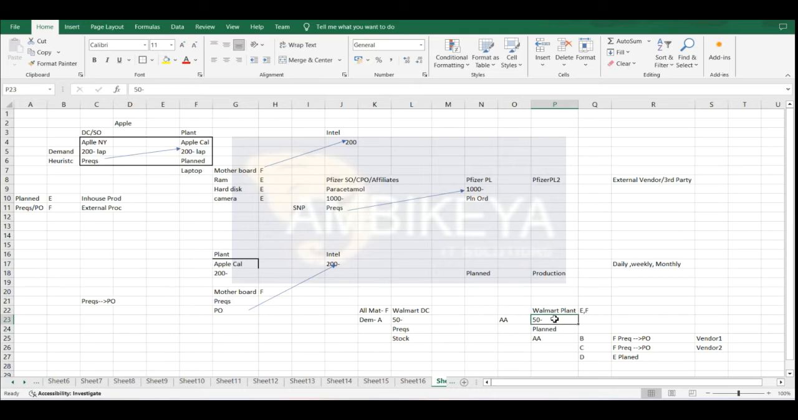There will be several purchase requisitions. For each, if I need 50 products, there will be 50 purchase requisitions that will be pushed to the plant. Correct. And again, in the plant,